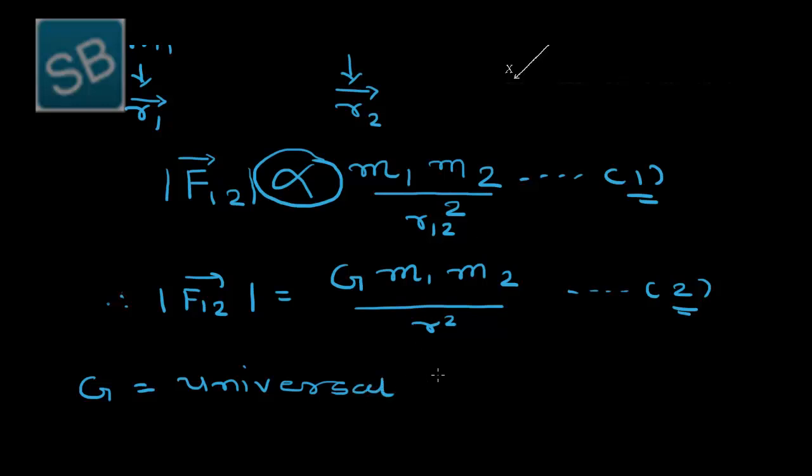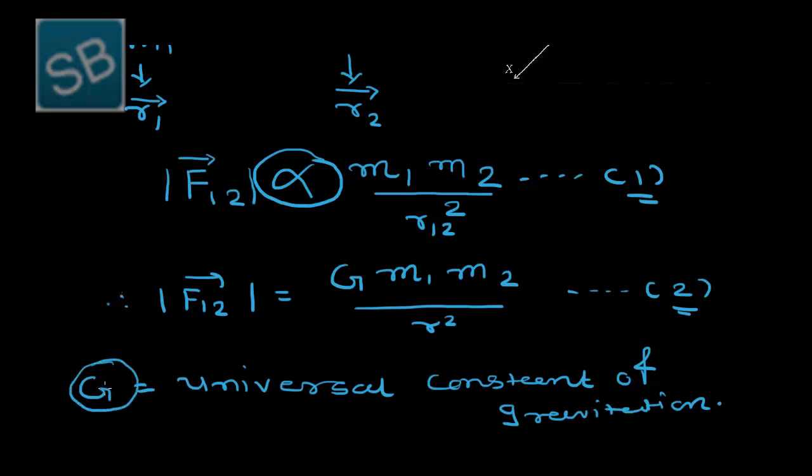Because if you look at the statement of this particular law, in the statement it is written every body in the universe. So the value of G is the same at all places of the universe, and the value of G was determined by